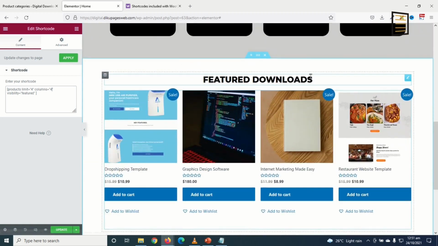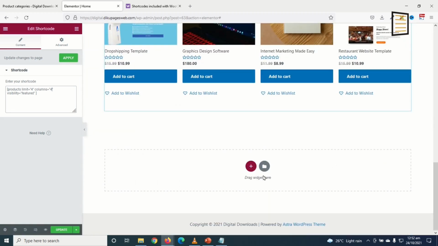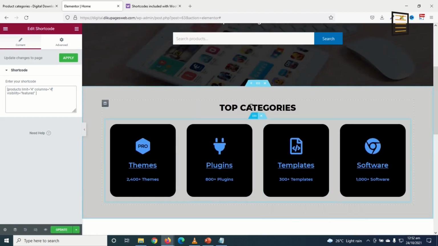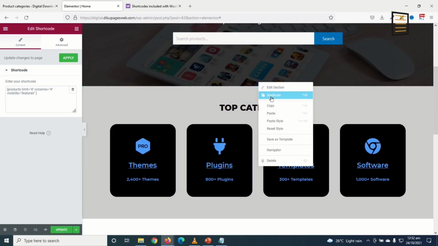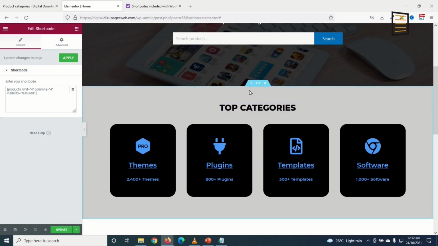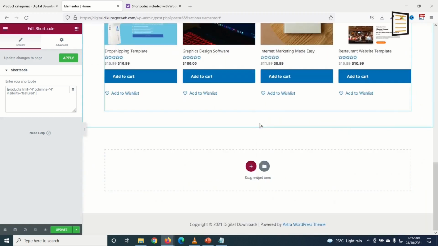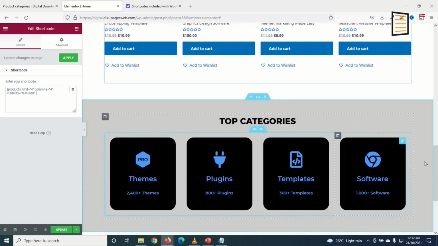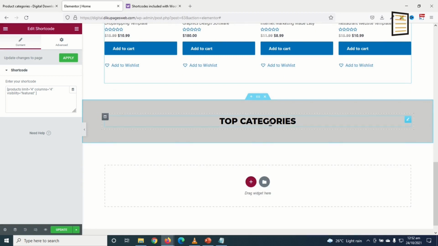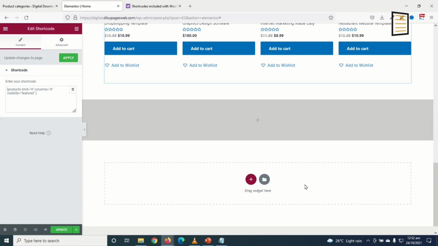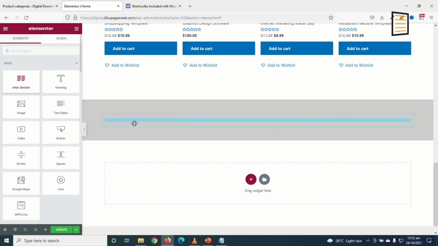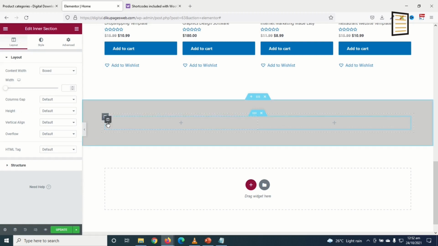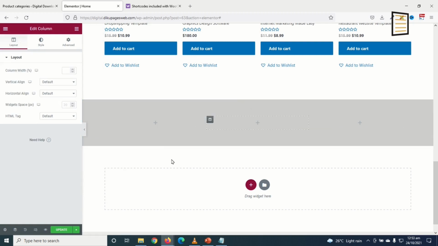I like this. The next thing I'm going to do is insert another section, so I'll go ahead and copy this. So apart from duplicating, you can also copy. So I'll copy it by right clicking on edit section. Down here I just right click here, click on paste, and I don't need this, so I take it off, and this as well. So I just right click in here, delete. Then I go to elements and I drag in the inner section. I need it in 3 columns, so I just go ahead and duplicate this.